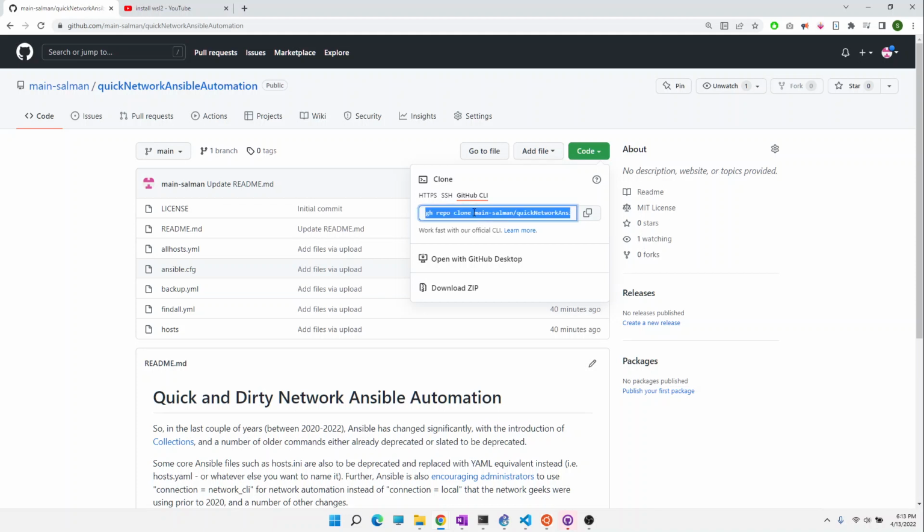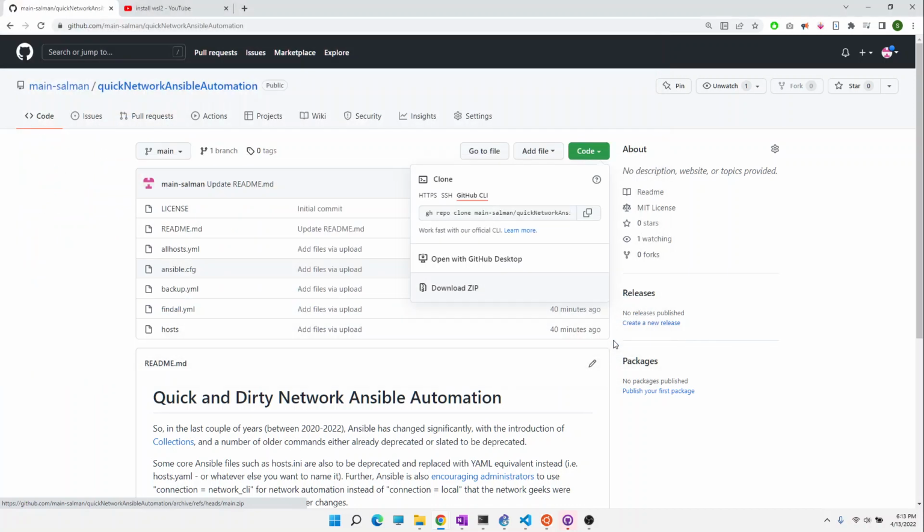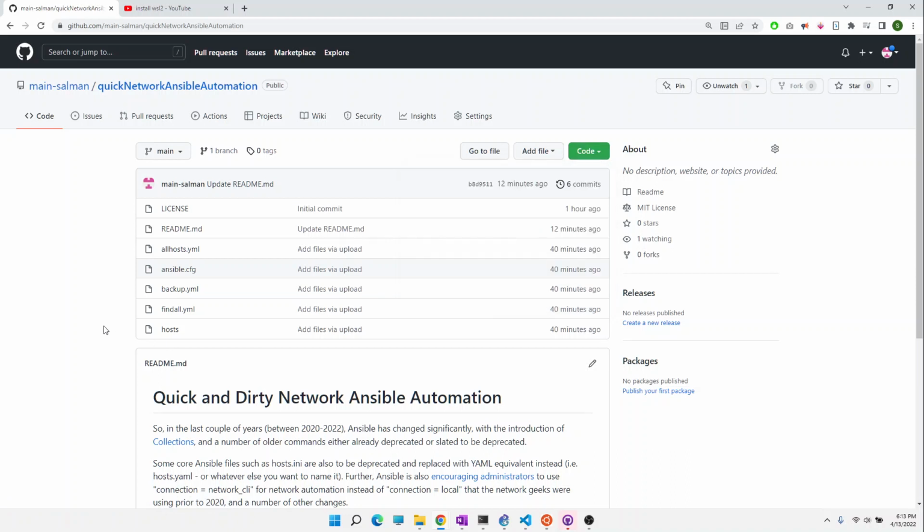But just in case you don't want to do that, you can download this and then put it in your Linux directory and then use the playbook from there. All right. Okay, so now that that's out of the way,